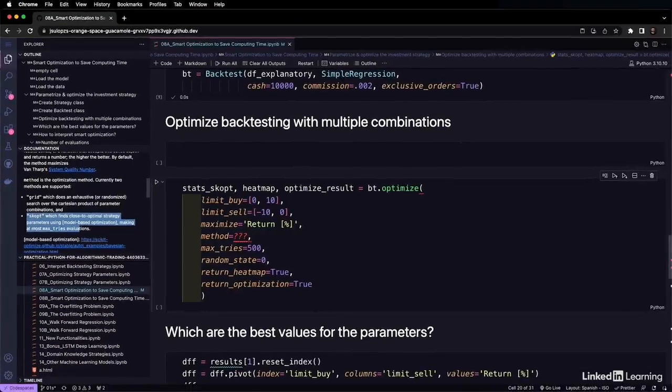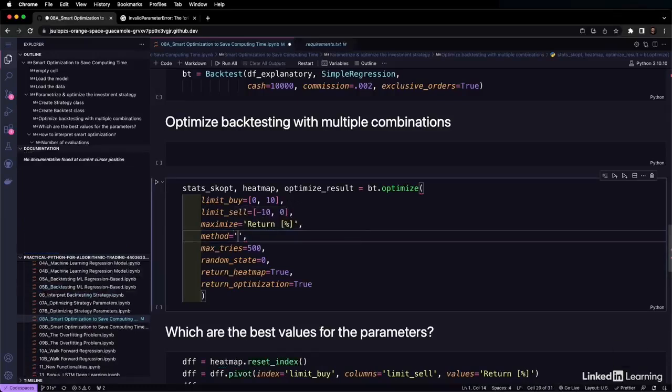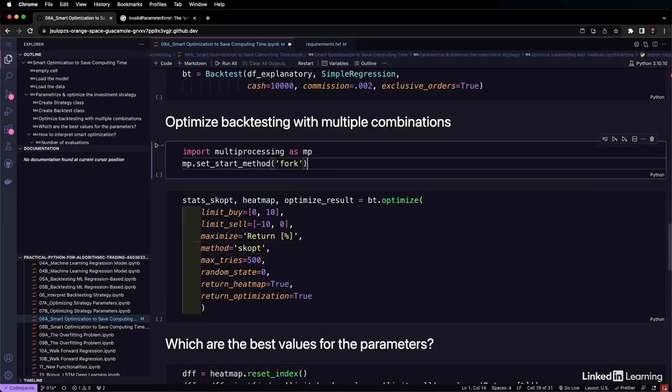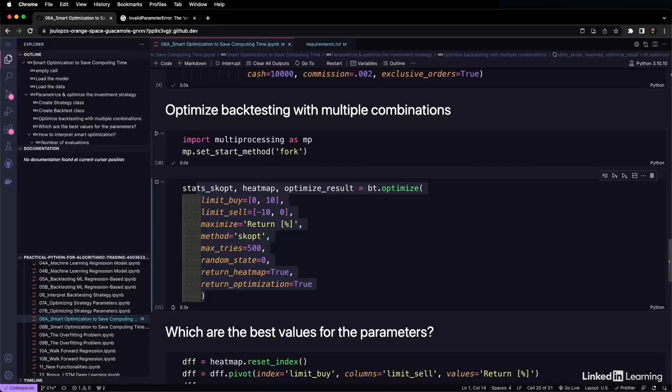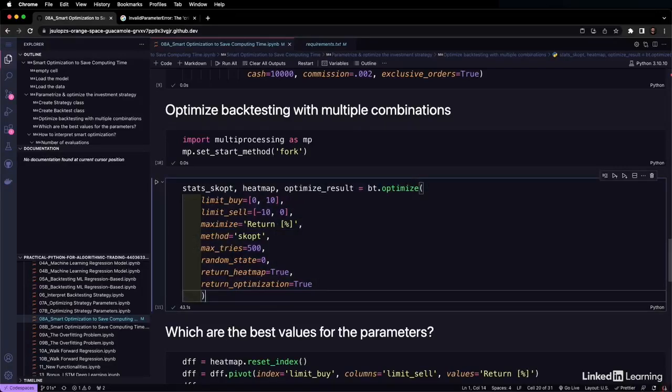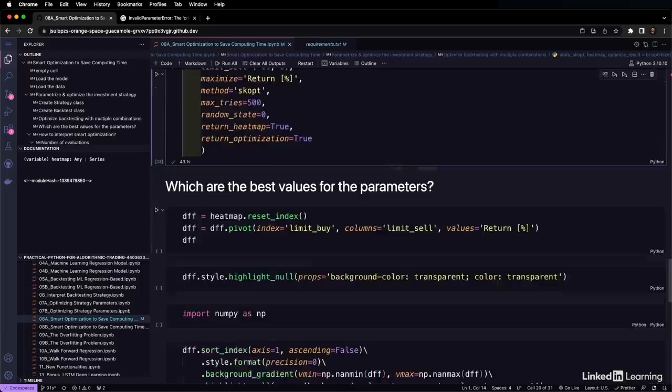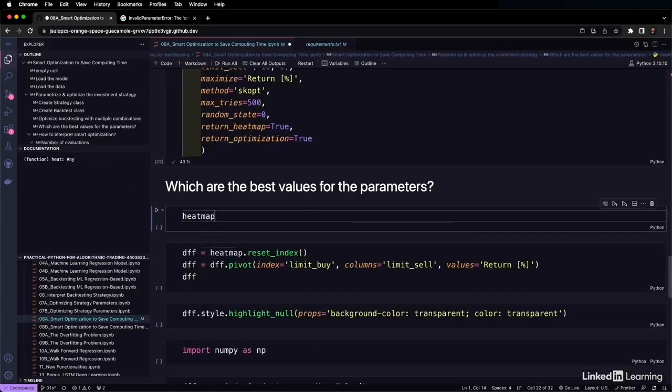We change the default value of method to scoped, and before executing, we need to run these two lines of code, otherwise we will get an error. So we execute, we wait for a bit until the optimization has been computed. After 40 seconds, we get the results, and we will work with the heat map that contains the values that we see here,